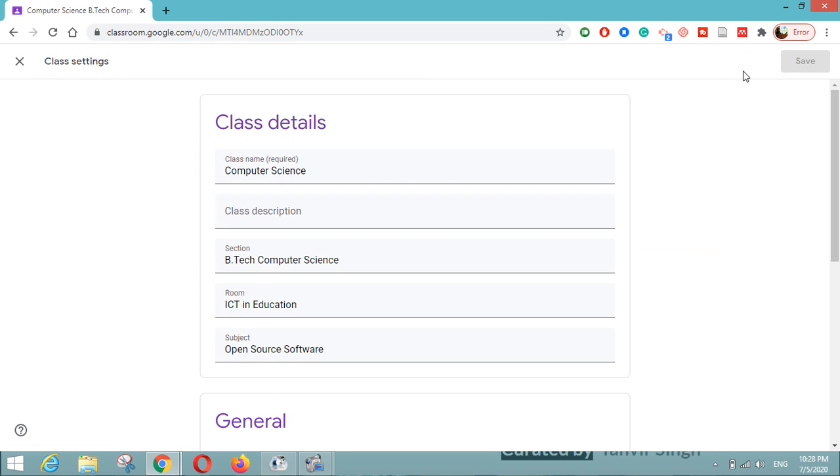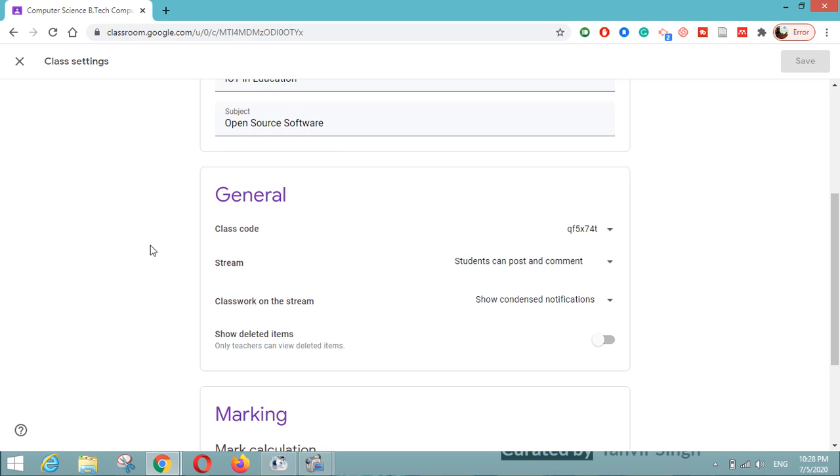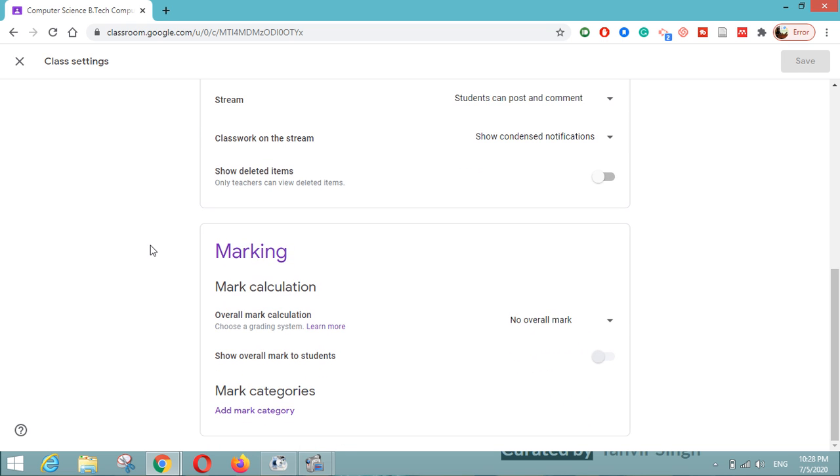Here you can see the class details: your class name, description, section, room and subject. After that, there are some general settings for your class code, how you want to see the stream and what the classwork on the stream is. So we will jump into the marking scheme.